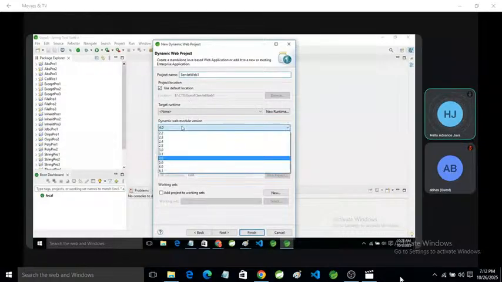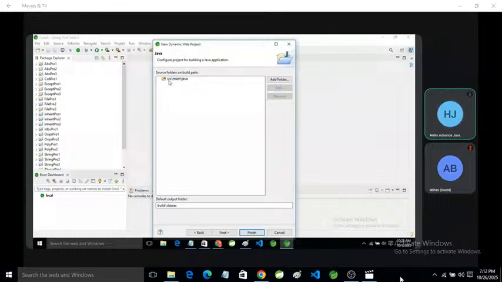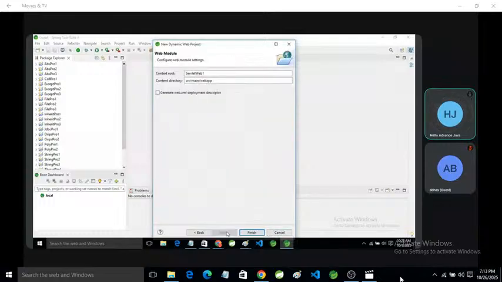I'm going to use this version and click on Next. Here you can see src/main/java. We can create a servlet anywhere in our system, but the dynamic project provides us a source folder, src/main/java, where we can create the servlet. There is also the default output folder, the classes folder. It will contain the class files of your servlet. After that, click on Next.